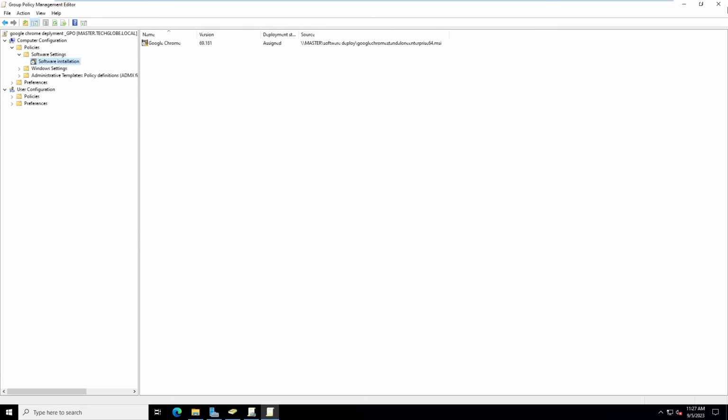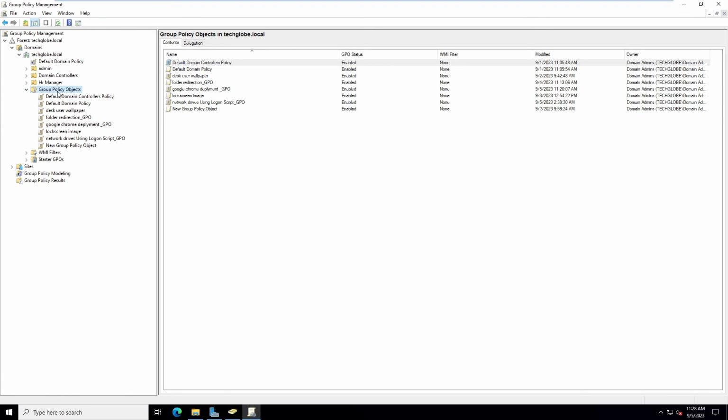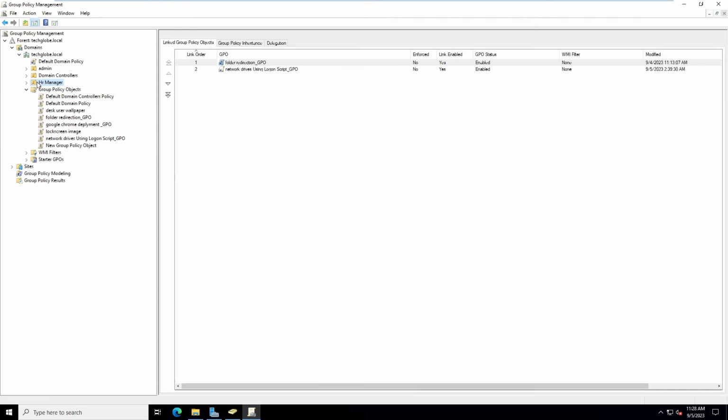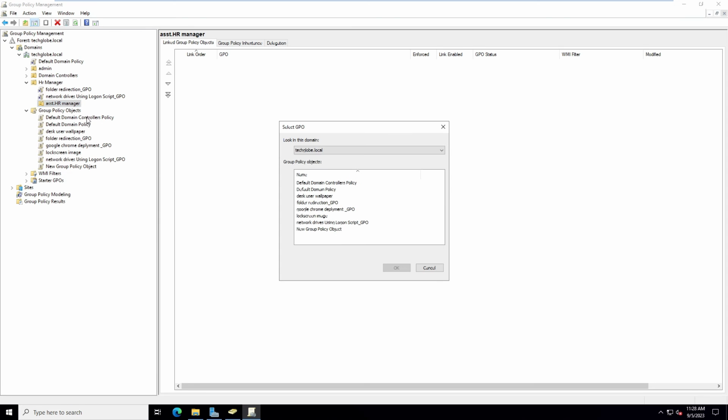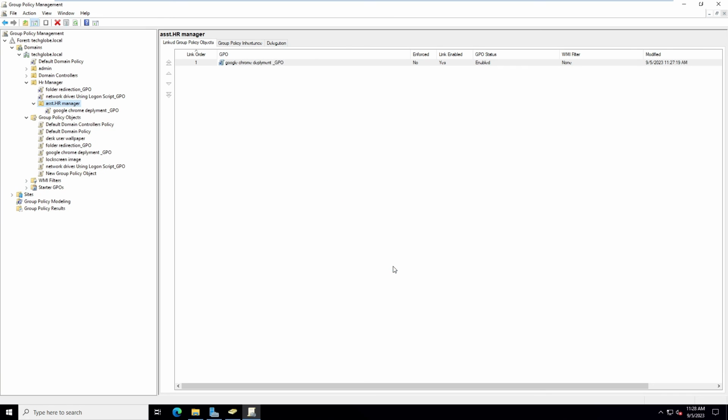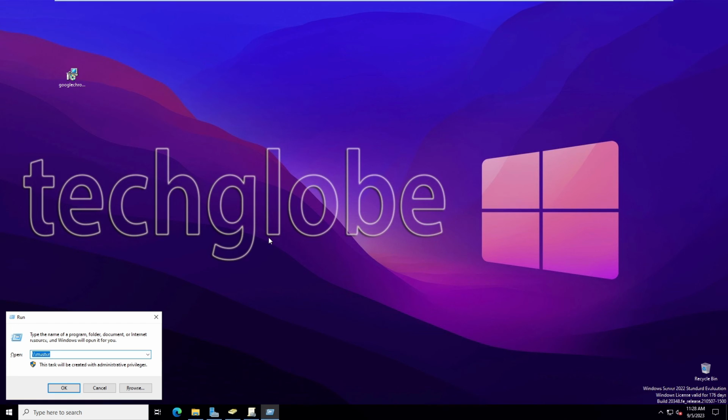And now you have to go to the Group Policy Management and link it under the HR manager, and go to the assistant HR manager, expand the assistant manager and right click and link an existing GPO, and go to the Google Chrome deployment GPO and click OK. Now the policy which we created is linked with the assistant HR manager, and here I'm gonna type in the run command